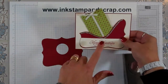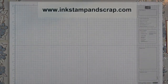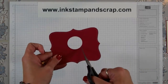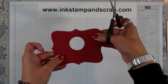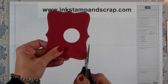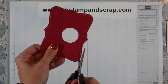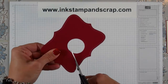So now what I'm going to do is take my paper snips, and I'm going to use this as the top hook. I'm going to come down, use that as the bottom scoop, and then I'm just going to flip over and let that point be the end. So I'm going to just kind of hook down here. This is the freehand part, and that math mind of mine has a little trouble with the freehand, but I wanted to show you how it goes. So you just hook down,